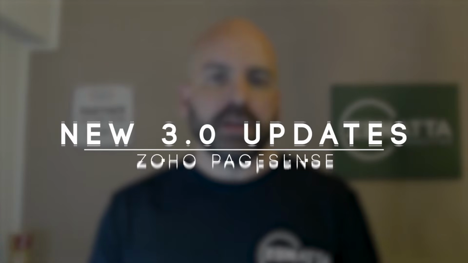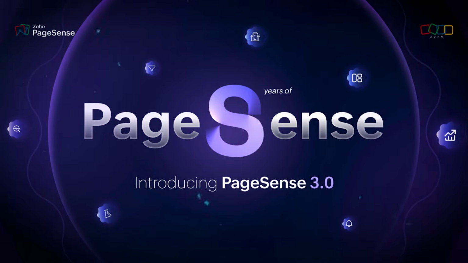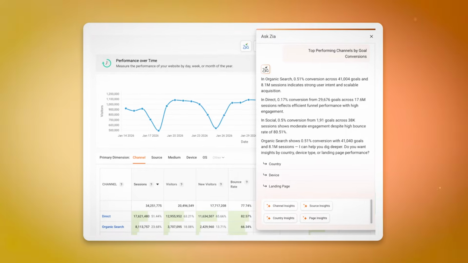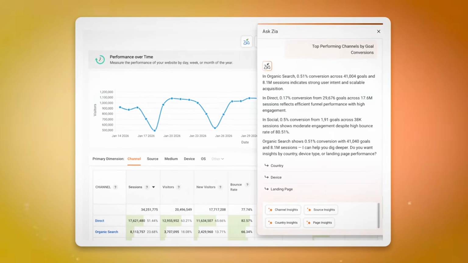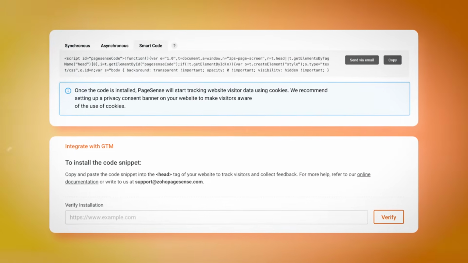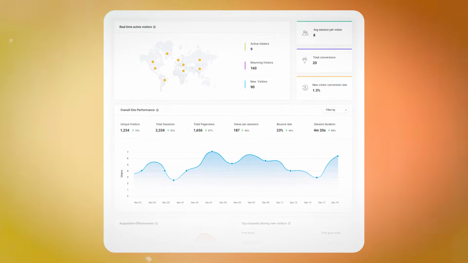Today I'm going to be taking a look at Zoho PageSense 3.0. This is an application from Zoho that hasn't received a whole lot of TLC over the last few years, but I think this update holds a lot of promise. One of the reasons we hadn't recommended it for prime time was its inconsistency with results, which I think this update is going to fix with one of the new